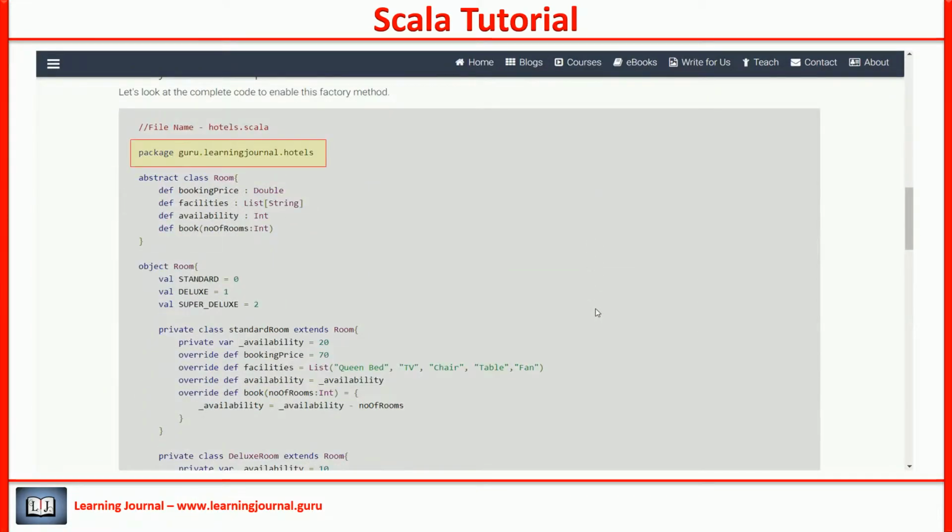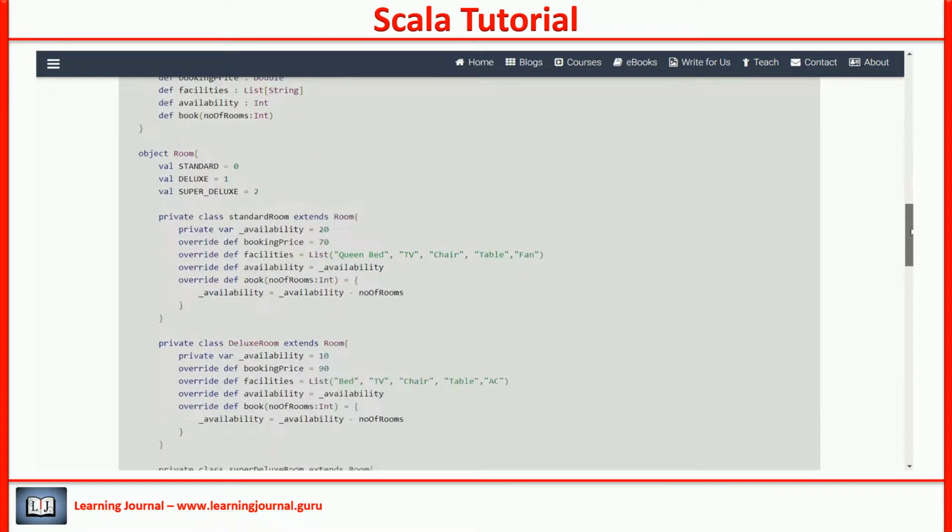The first line is declaring a package. The package declaration will allow me to import the class names and static members. Once imported, I can use them without specifying a long prefix. I'll cover more on Scala packages in a separate video. The next part of the code is an abstract class for the room. We also have 4 abstract methods. So, my class is done, but since it is an abstract class, no one can instantiate it.